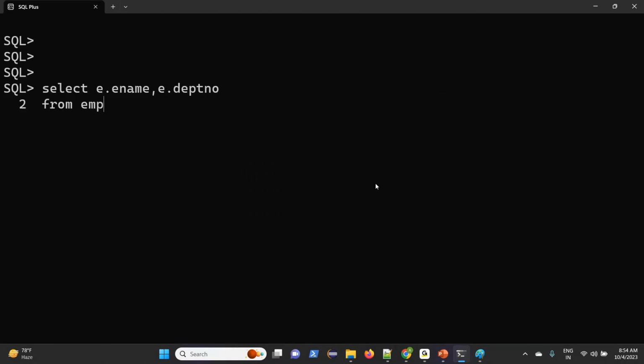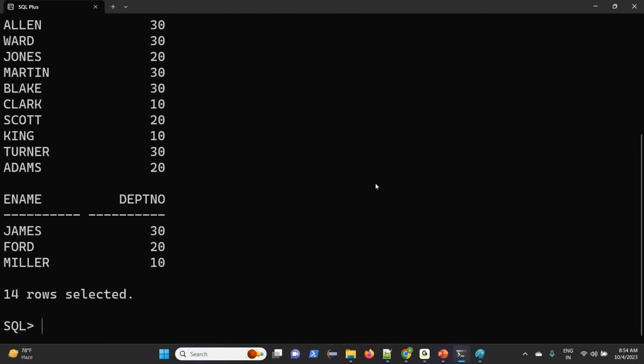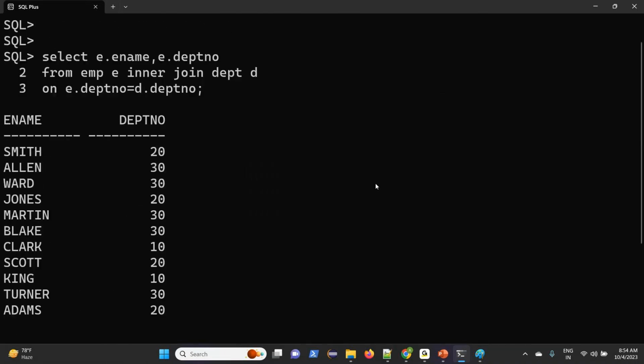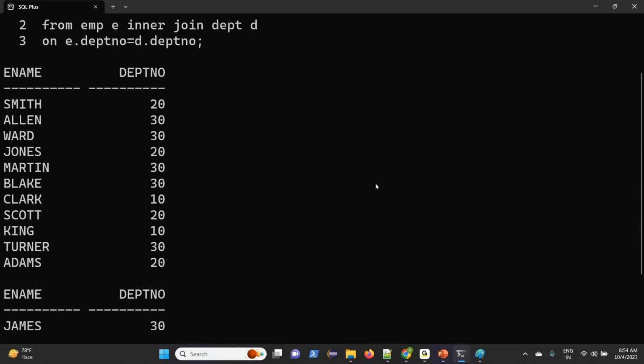From employee E inner join DEPT on the condition E dot department number equal to D dot department number. Now here, how many departments are we getting?